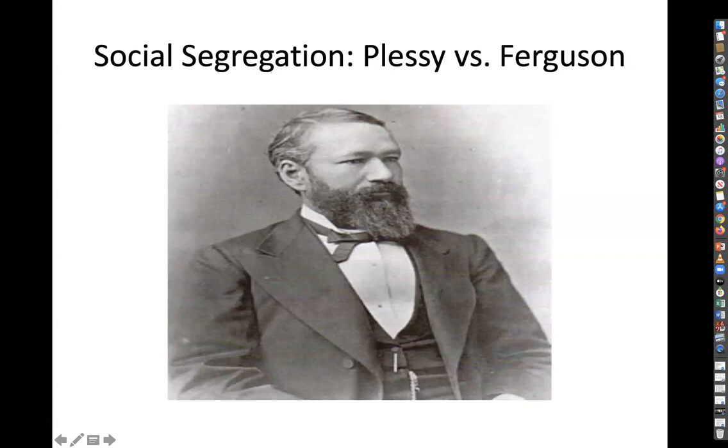So now we move to the social dimension. And again, let me remind you that in the 1870s and perhaps even the early 1880s, there's an impressive amount of social interaction in public spaces. You see African Americans intermingling with white Southerners in the South in places like restaurants and public streets, of course, transportation. But then, of course, we talked about this backlash that happens.